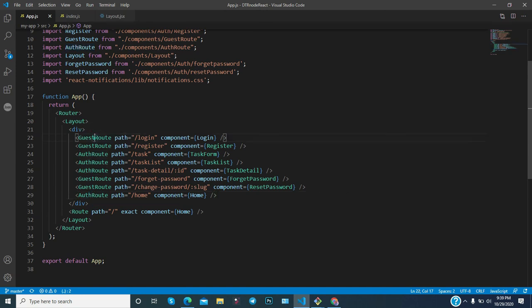But here you can notice that we have used another component and are passing something as props. What is this? This is the guest route, and this is the auth route. We have created these components, guest route and auth route, and are passing some details. What detail are we passing? We are passing a login.